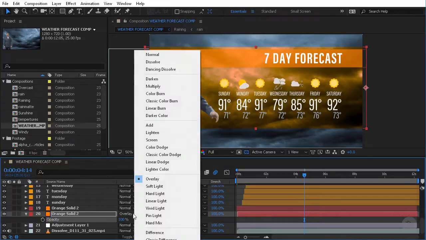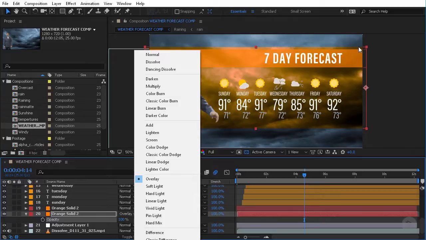Now, a lot of these other options you may not use very often, but soft light is one that I want to take a moment to point out. Similarly to the way I was describing how you could use add or screen when you're creating a dust or grunge effect on footage, soft light is great to use whenever you're creating a dark vignette around footage. Whenever you create a dark vignette around the corners of footage, if you have a light area of the footage that happens to overlap with a corner, you're going to have that vignette not look realistic,